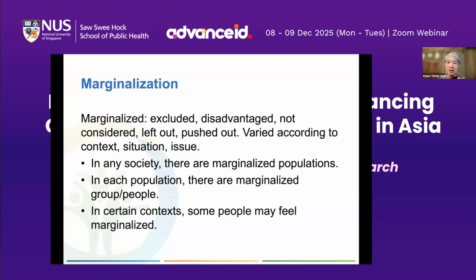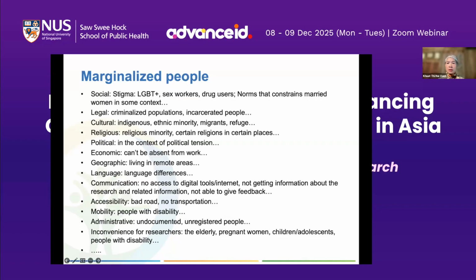And in certain contexts, some people may feel marginalized. Like I mentioned, if you come to a room full of men who smoke, and you are a young woman who is shy, you may feel marginalized. So just keep that in mind, when we do research, when we conduct activities, that we are mindful of not marginalizing people. There are a lot of marginalized situations and people due to different factors,